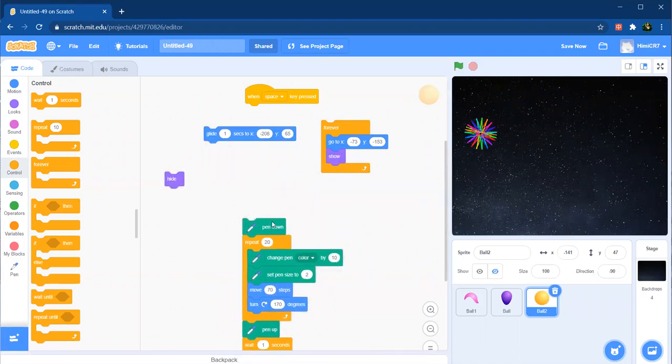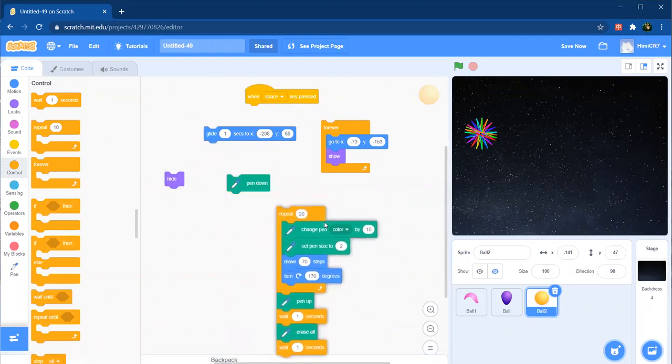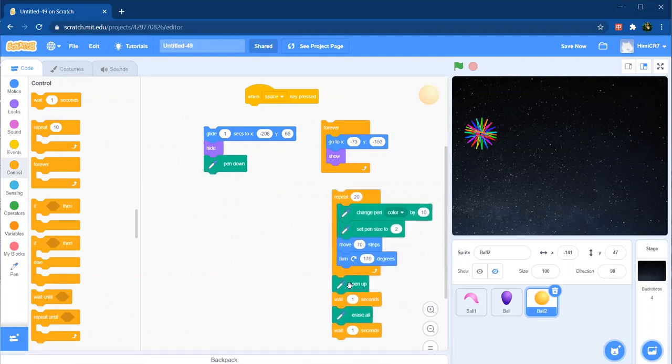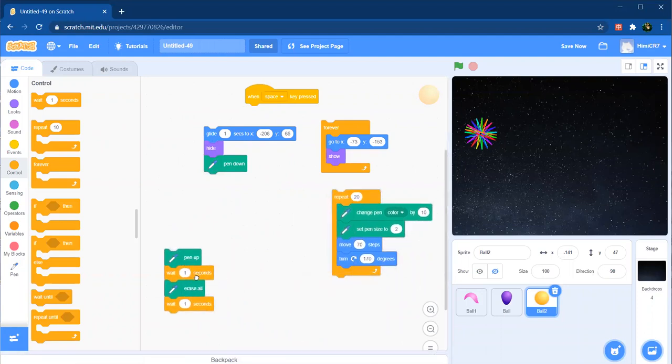Now I have used a pen down block which is used to create the explosion. The pen down block is used to turn on the pen feature of a sprite, and it draws on the screen wherever the sprite moves until we use the pen up block. The pen down block basically traces the path of the sprite.